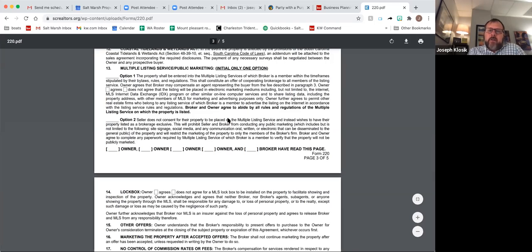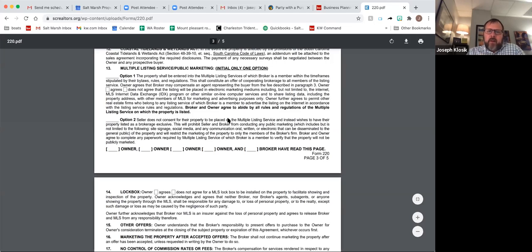Owner further agrees to permit other real estate firms who belong to the listing service of which the broker is a member to advertise the listing on the internet in accordance with the listing service's rules and regulations. Very important. That's why it's in bold. Broker and owner agree to abide by all rules and regulations of the multiple listing service on which the property is listed. Okay, so what this means is